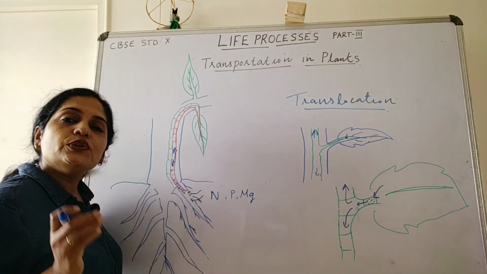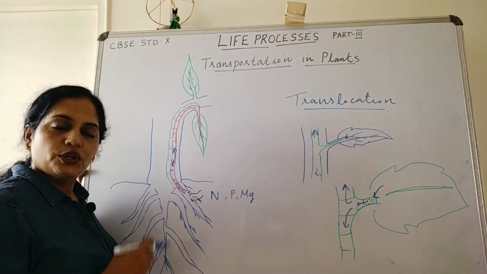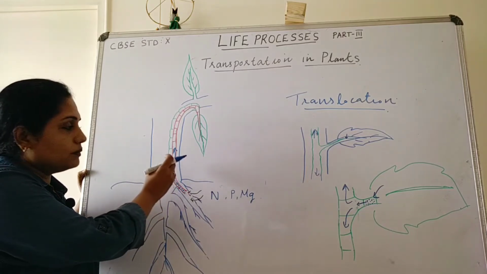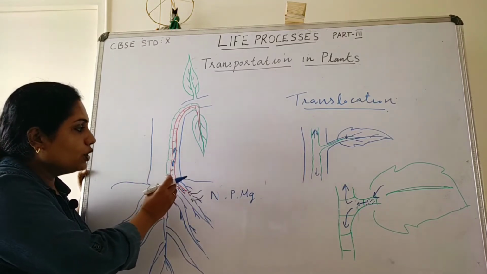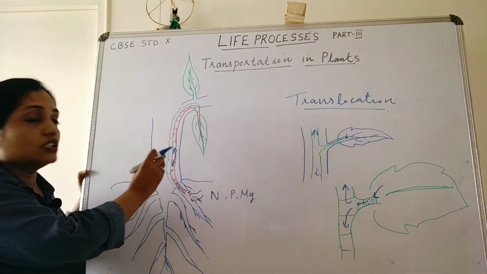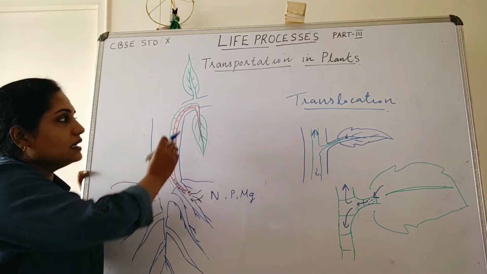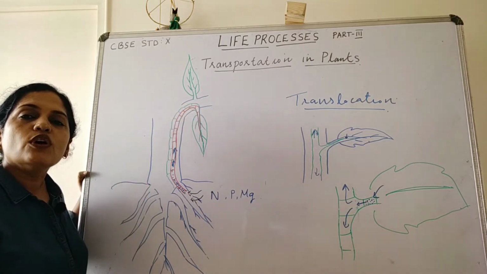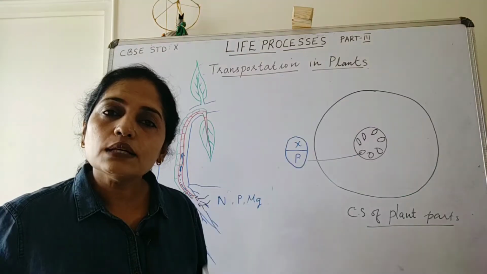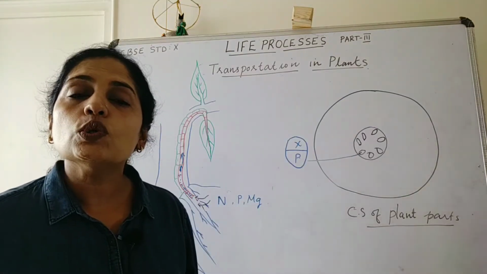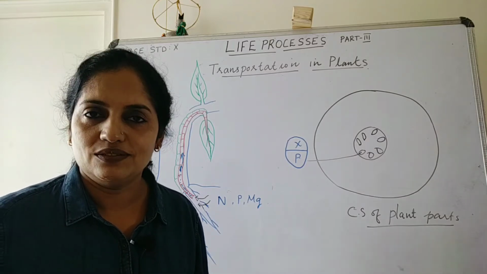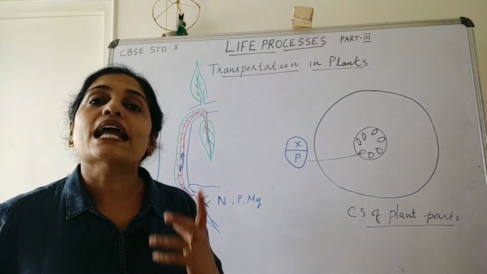Osmosis is a continuous process, and due to osmosis, the water molecules move from the cell below to the cells above, and at last the water molecules reach the site of photosynthesis, that is the green leaf. Another process in the plant also assists in the transportation of water. What is that? Transpiration.